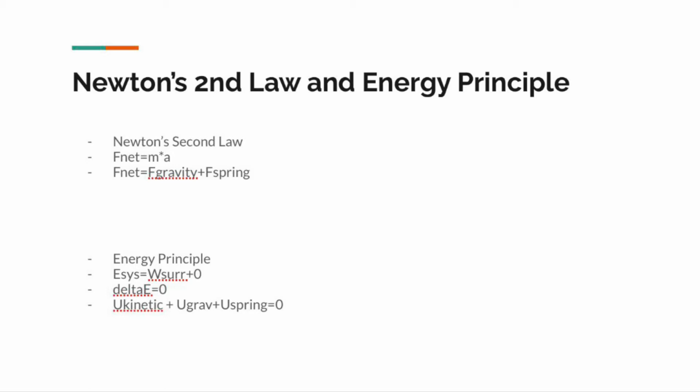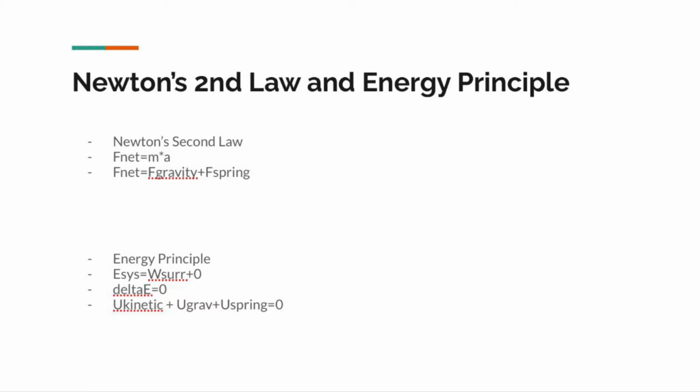To do this, we are using Newton's second law, which is F net equals mass times acceleration, which includes the force of gravity and the force of the spring, as well as the energy principle, which is delta E system equals work of the surroundings plus heat, where heat is negligible. The energy principle states that the total energy is equal to all the sums of the changes of energy. We are looking at the potential energy of the spring, gravity, and kinetic energies that add up to zero according